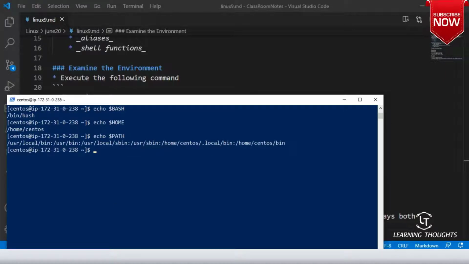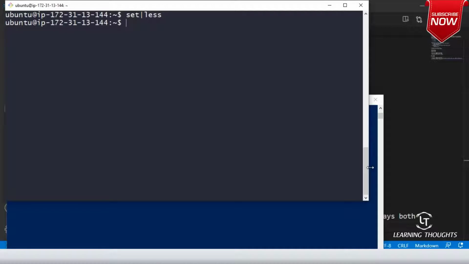Am I clear on this? Whenever you want to print variables, there is no need to use the printenv command. You can use the dollar also.